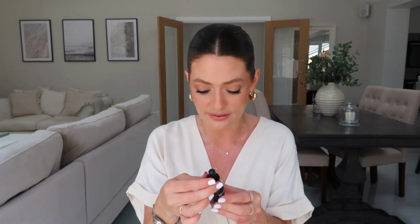So you use 6 drops. I put 2 on each cheek and then 2 on my forehead, and then rub it all over my face. A very small amount, and it just feels so lovely on your skin. Like I said, it's super lightweight. It glides on really nice, leaves your skin feeling really glowy and radiant and smooth,